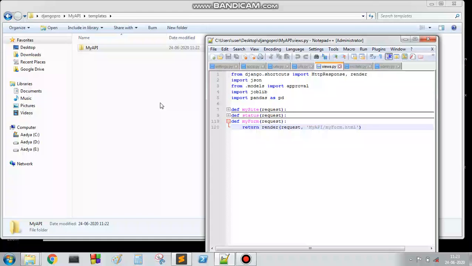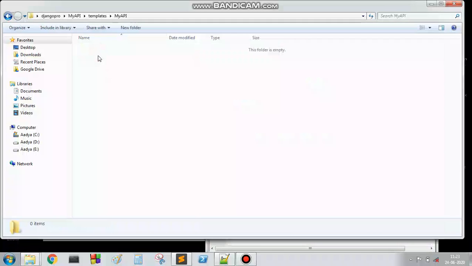In the Django way of HTML file creation, let's first create a basic HTML file. This basic HTML file has the common features required for all other web pages. Whenever necessary, we will extend this basic file to other HTML files as per our requirement, and make the necessary modifications for the page's requirement. So let's go inside this my API.